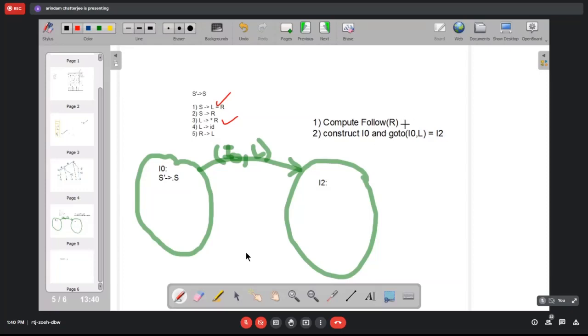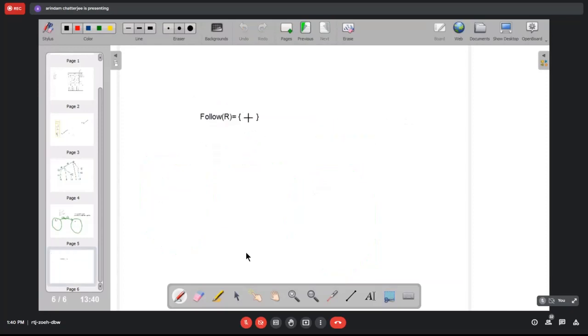So follow of R in particular should have the equal to symbol. Of course, it will have others.